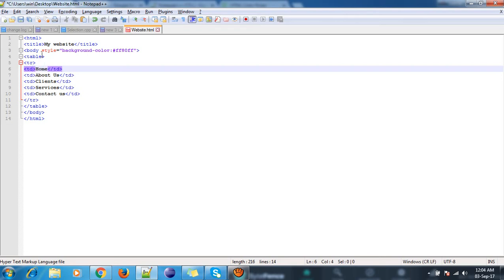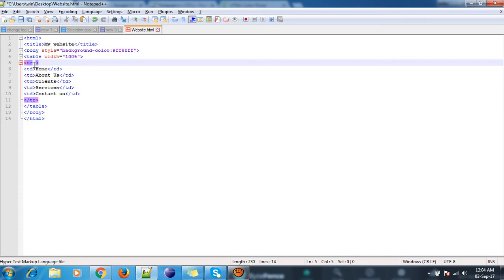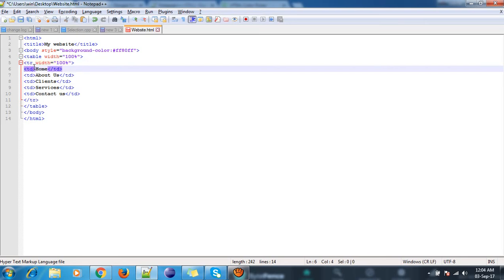So I will give table width equal to 100%, and table row also should be 100%. In that table data should get a width of only 20%.